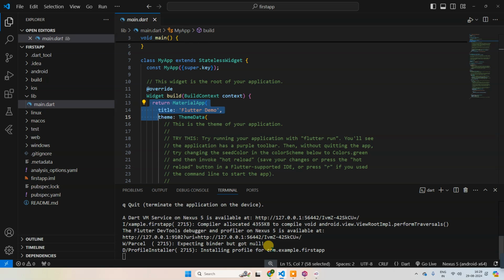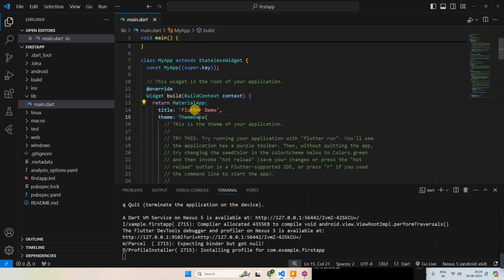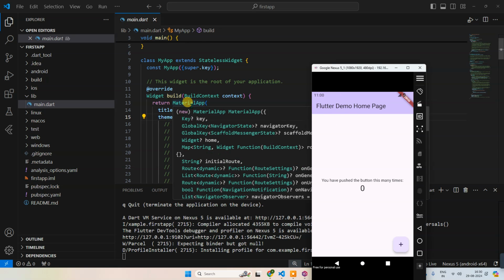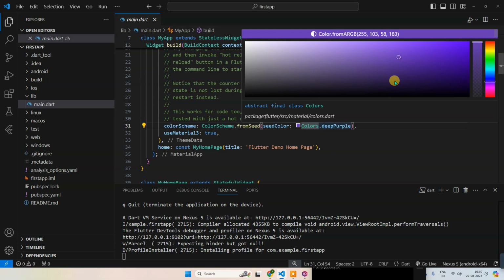this one is closed. This is the complete widget, and this is also a new widget. This is another widget, and this is another widget. So everything in Flutter is a widget itself. The first one you are seeing, this header, is being called MaterialApp. You can see the color scheme here. If you want to change the color scheme,